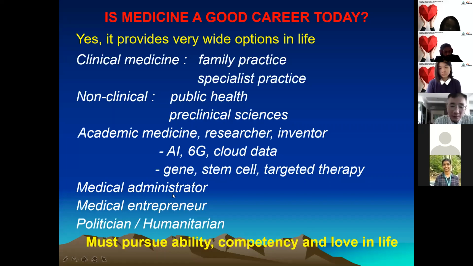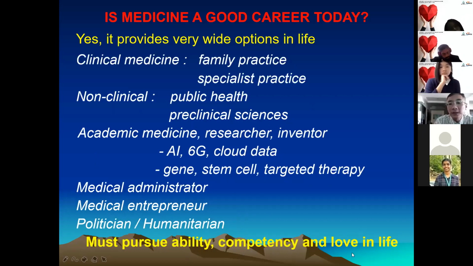You can be an administrator, run the Ministry of Health as well as it should be run. You can do that. You can be a medical entrepreneur, make a lot of money from medicine, and you can be like Dr. Mahathir. You can be like the medical advisor of the Prime Minister now, this doctor who was from Mercy Malaysia. Because of Mercy Malaysia, she found her calling and her fame. So it is very, very wide in what you can do. But